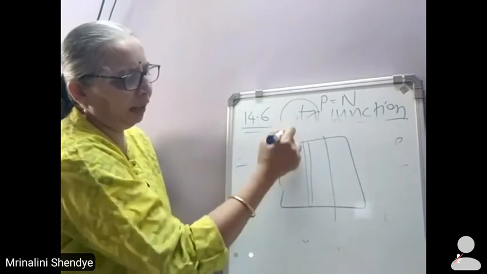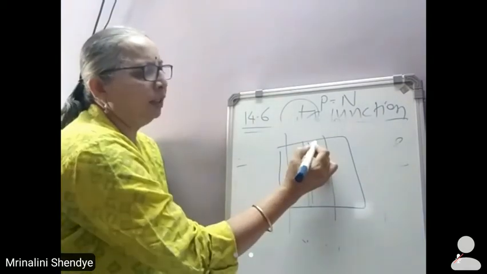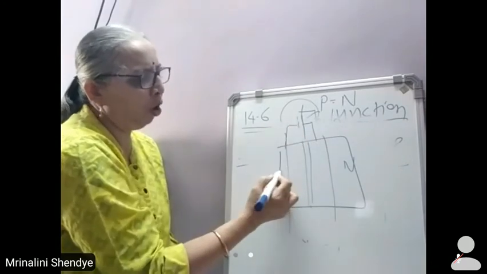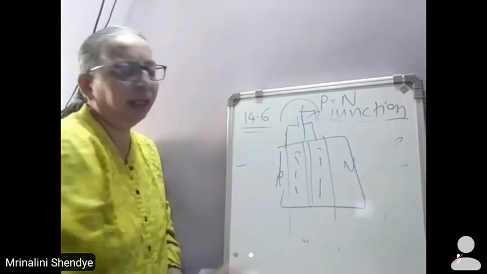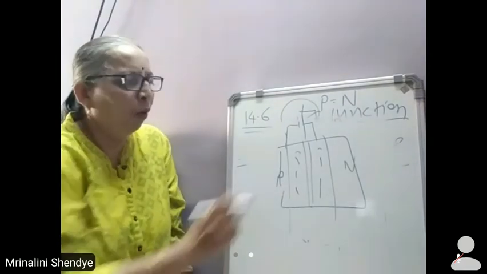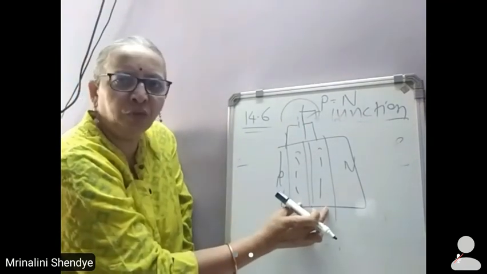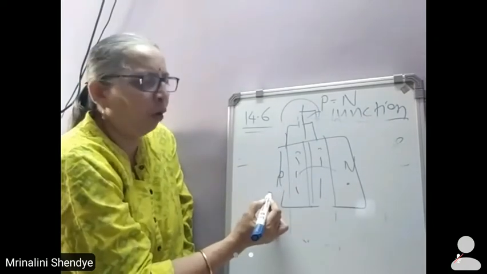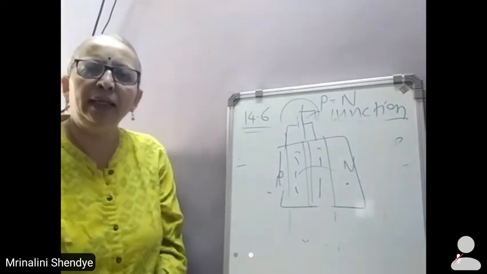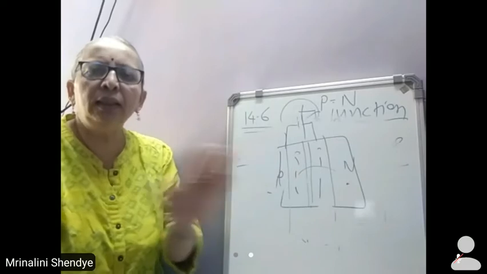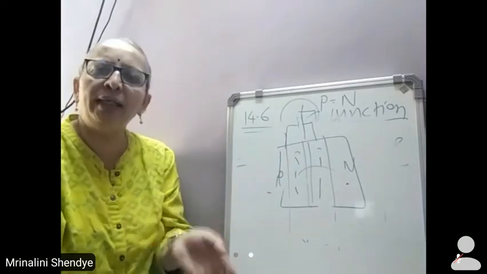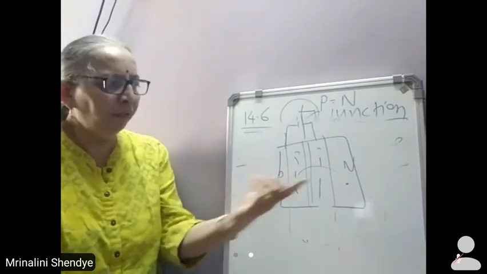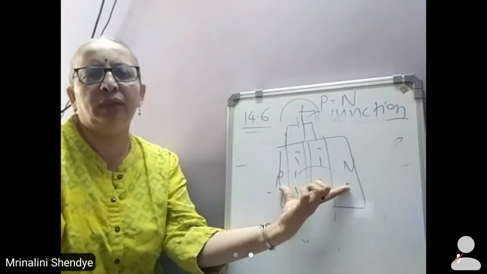This is the ionic level. So this is positive on the N side and this is negative on the P side. Otherwise here you would get accumulation of charges. What happens when this electric field is formed? Any further flow of electron or hole from the other side after crossing the junction gets resisted. We don't get any further migration, any further diffusion of charges, even though they are available readily in both these regions, and